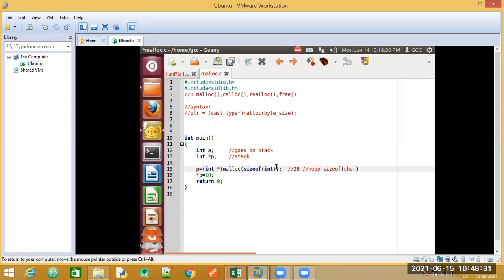So currently I have said you allocate the memory space that is required for this, and you just gave me the answer and told me that it is 2 bytes. So what I told you, the sizeof function will return the size of a particular data type. We said 2 bytes it requires. So if I'm passing the argument as integer, it will allocate 2 bytes of memory. Did you follow this?